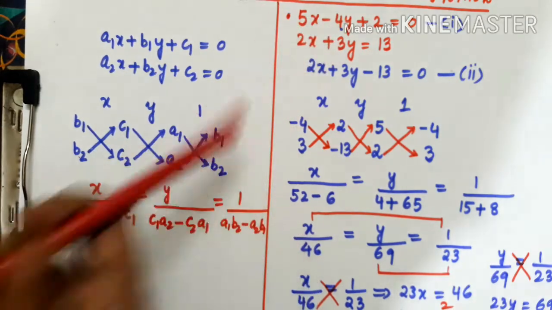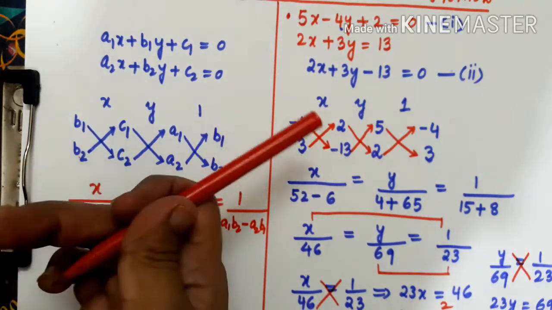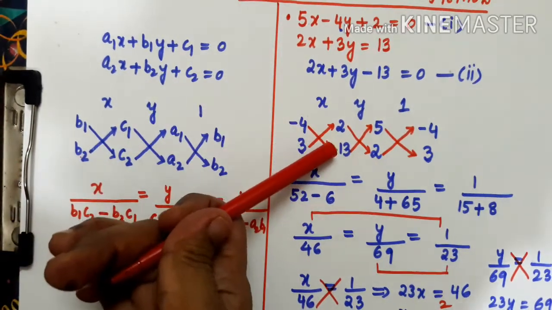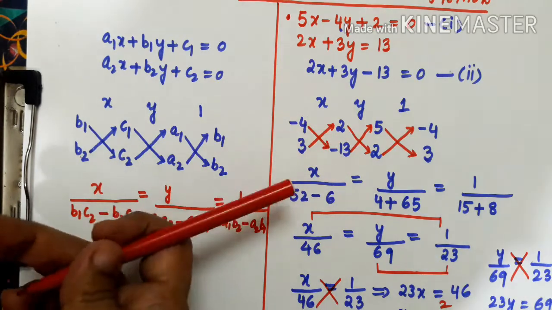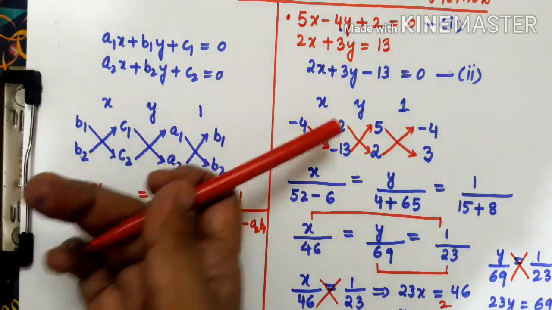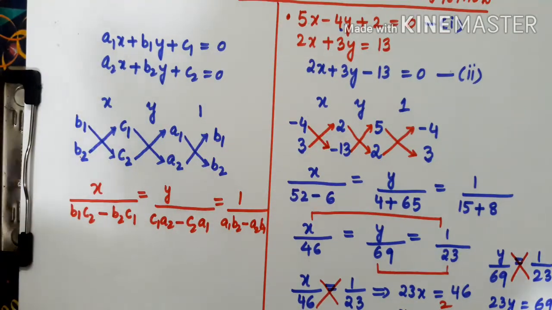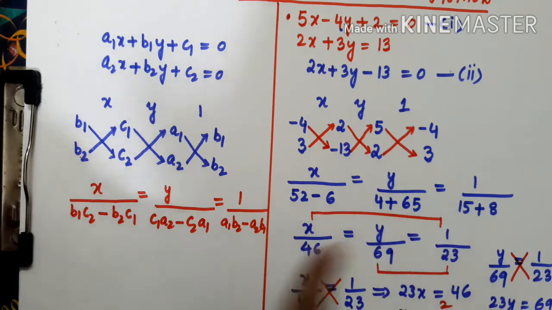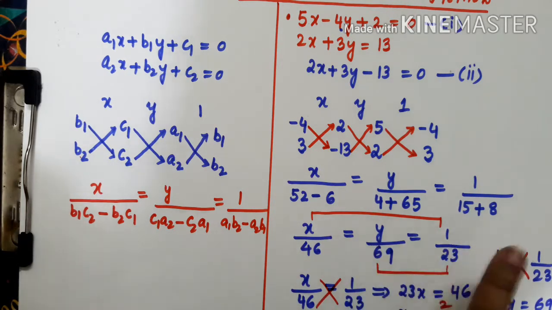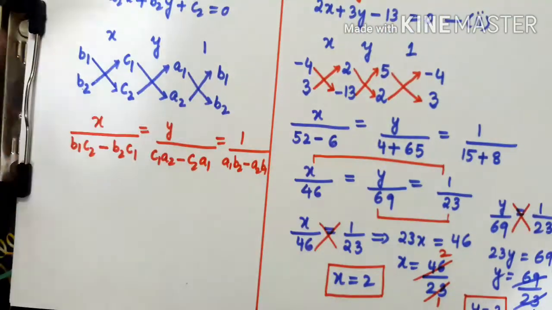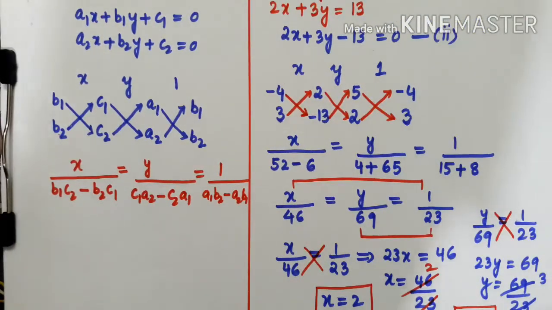You just remember this. While doing the cross multiplication also, the arrows which are downwards, those numbers you write first, and then you're doing the multiplication of these numbers with the arrows upwards, and then you're subtracting both of them. Subtraction you're doing, and then x, y and constant you will get. So all are equal to each other. x equals to this you can do, then y equal to this you can do. In this way you can get the values of x and y.